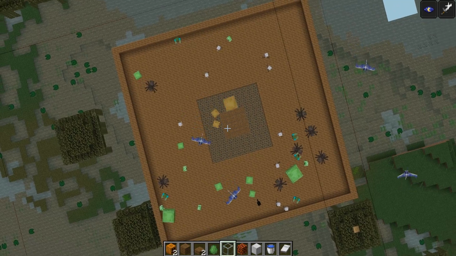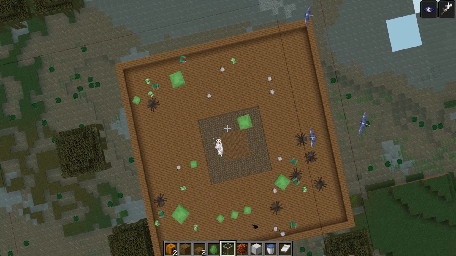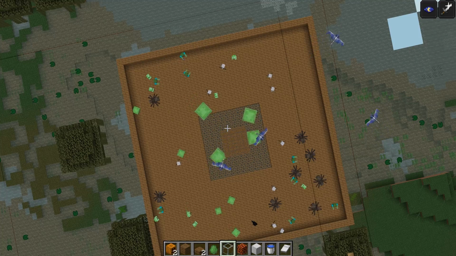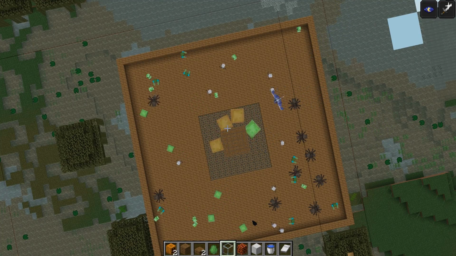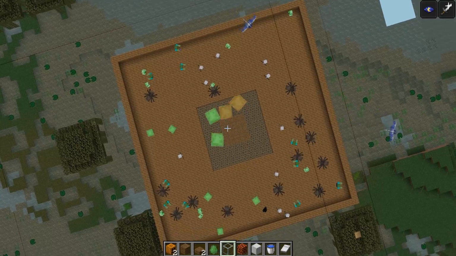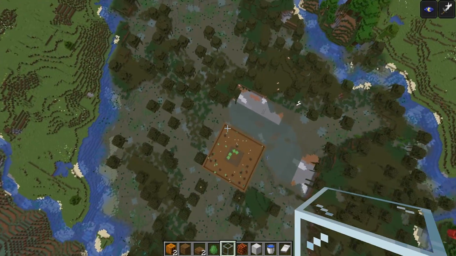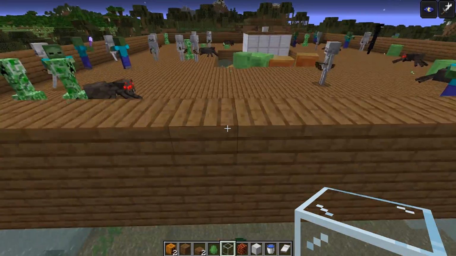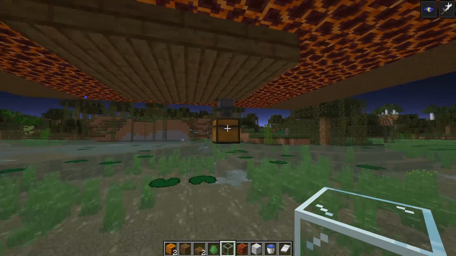The slimes will eventually see the iron golem. They'll pop down into the middle area and then they'll end up dying. They'll turn into the smaller slimes first, then they die. Then the small slimes die, and then you get the slime balls, and then the slime balls all go into the middle. So now if we go down here and we check on what slime balls we've got so far,